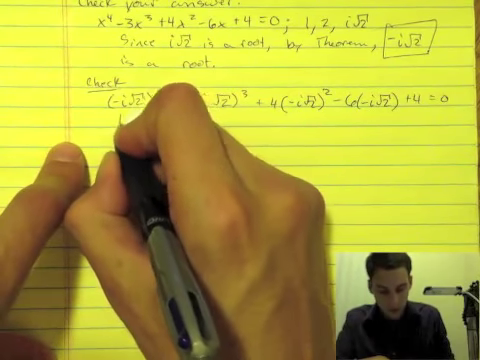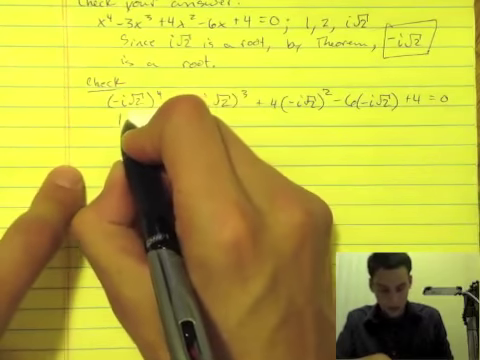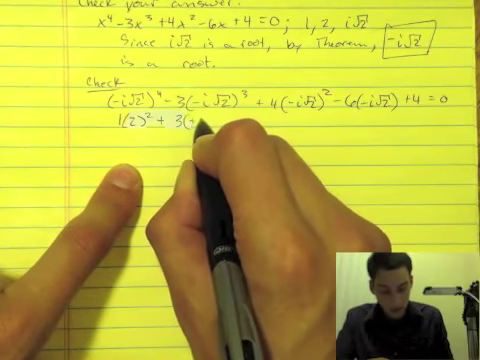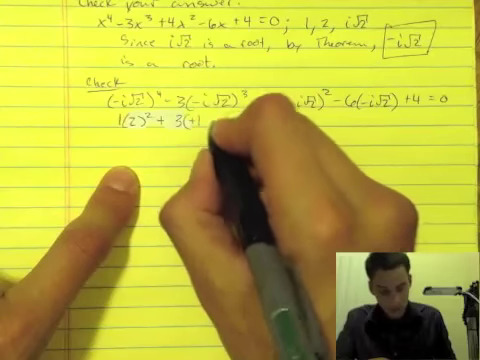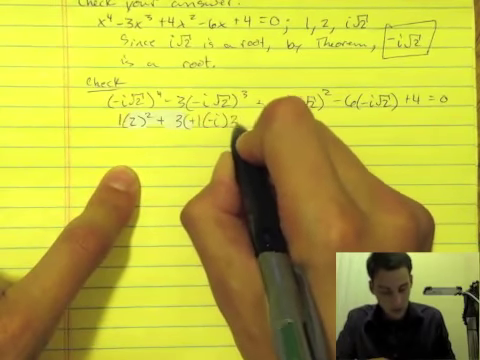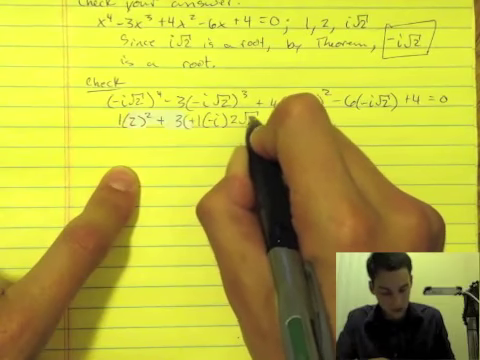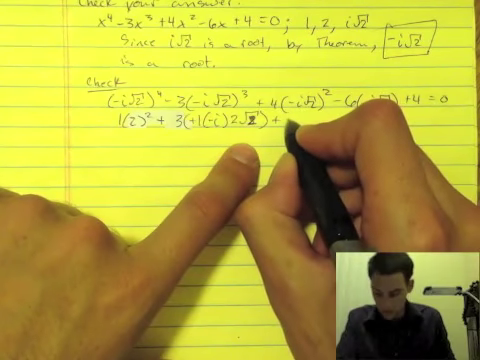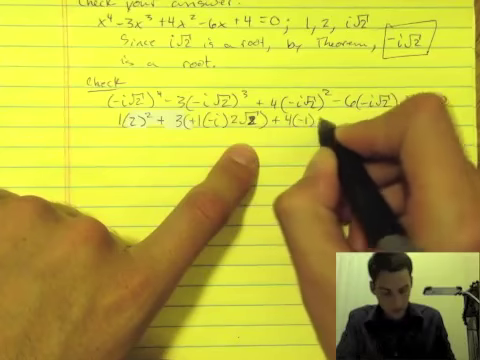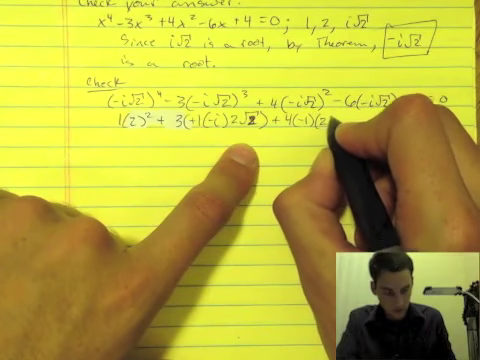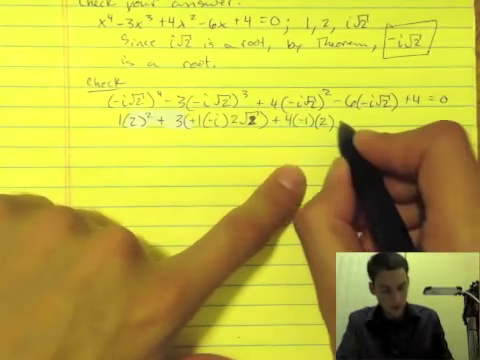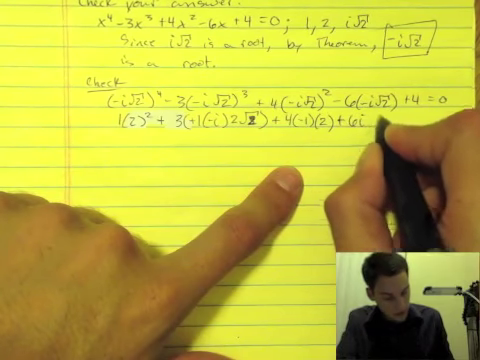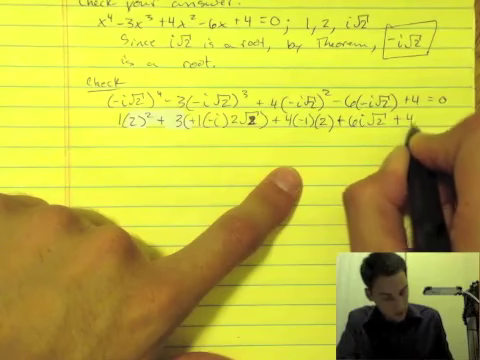Negative i to the fourth is positive 1. And then that'll be 2 squared plus 3 times positive 1 times negative i 2 root 2, sorry, that's a 2, and then plus 4 times negative 1 times 2, right, yeah, minus, that should be plus 6i times root 2 plus 4 equals